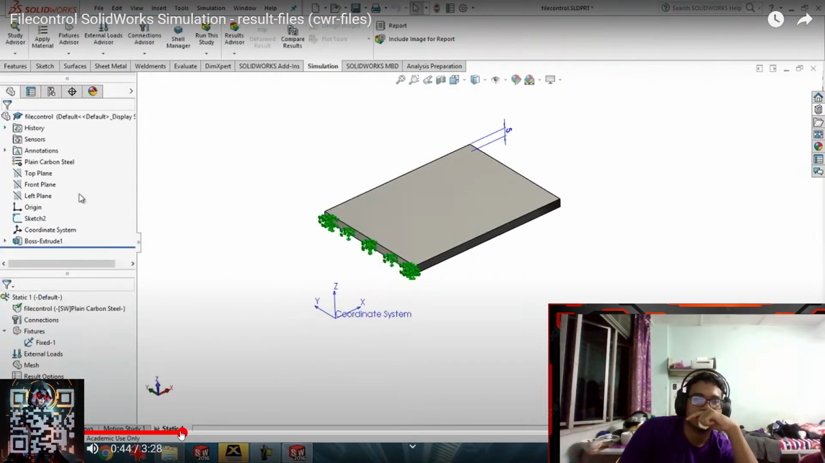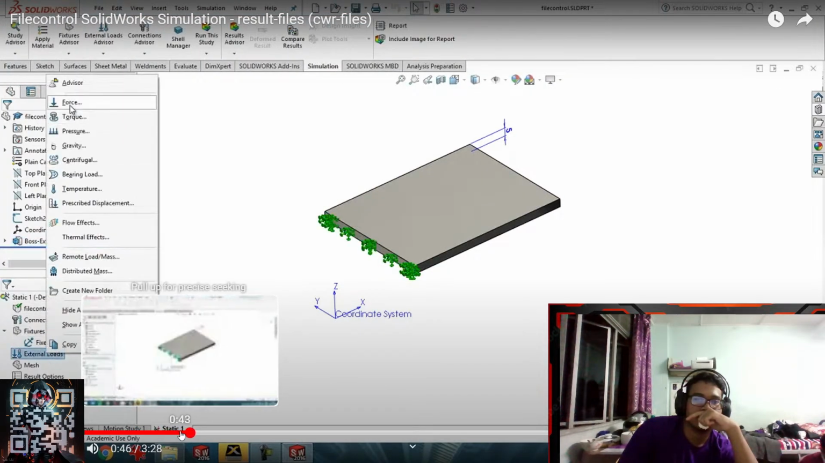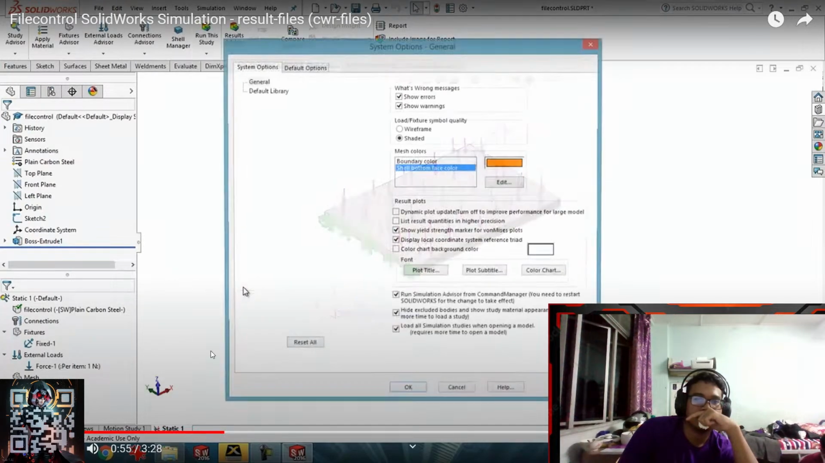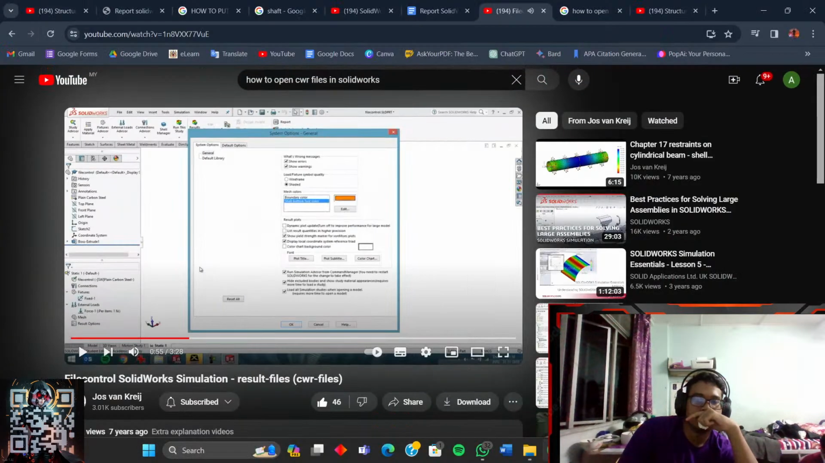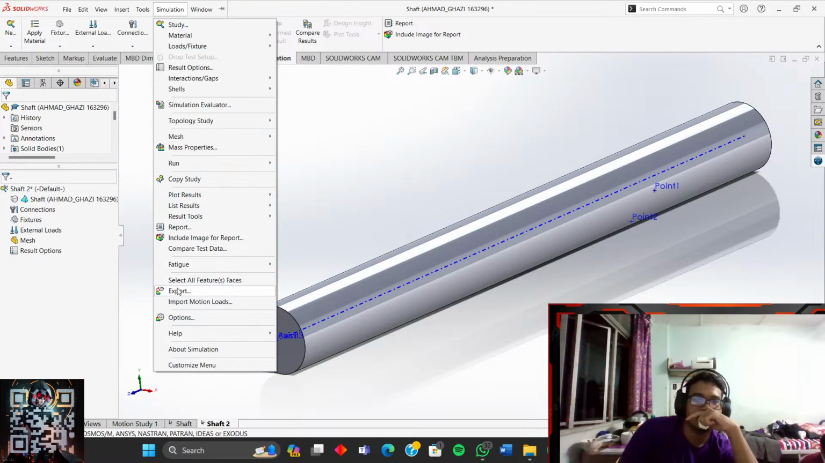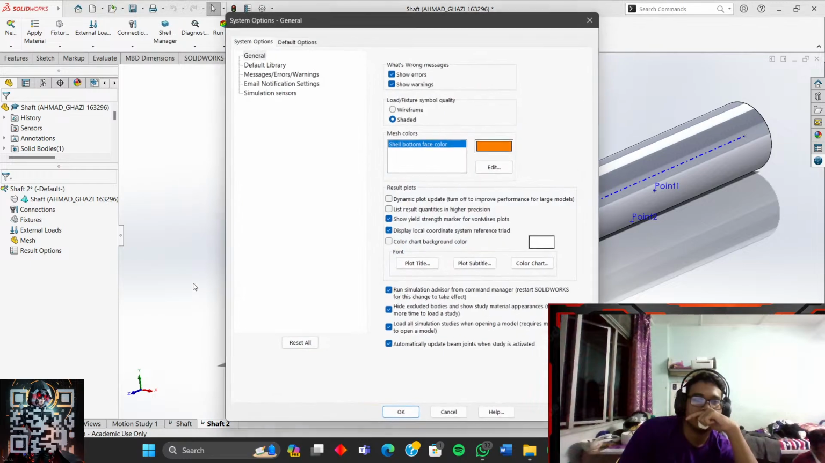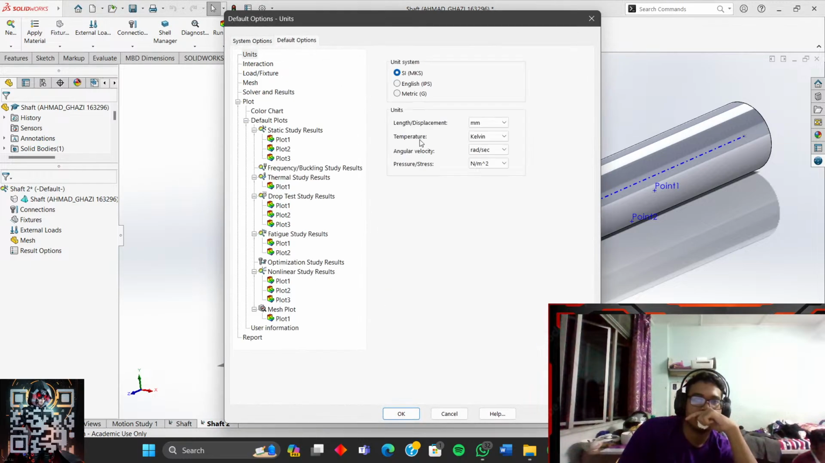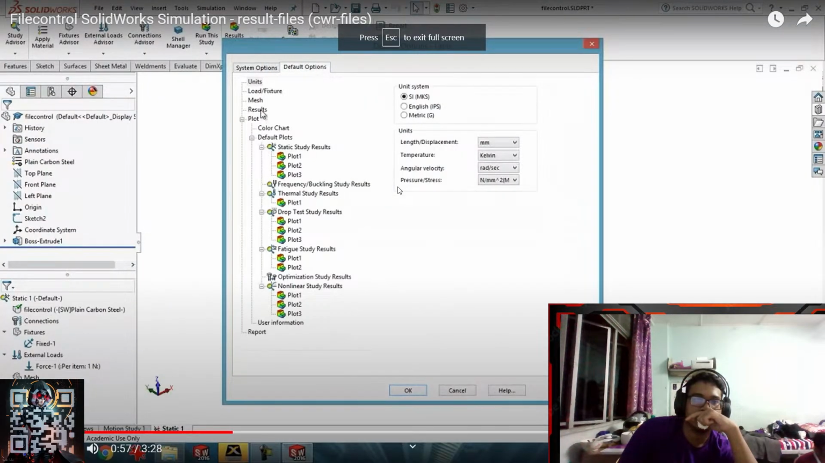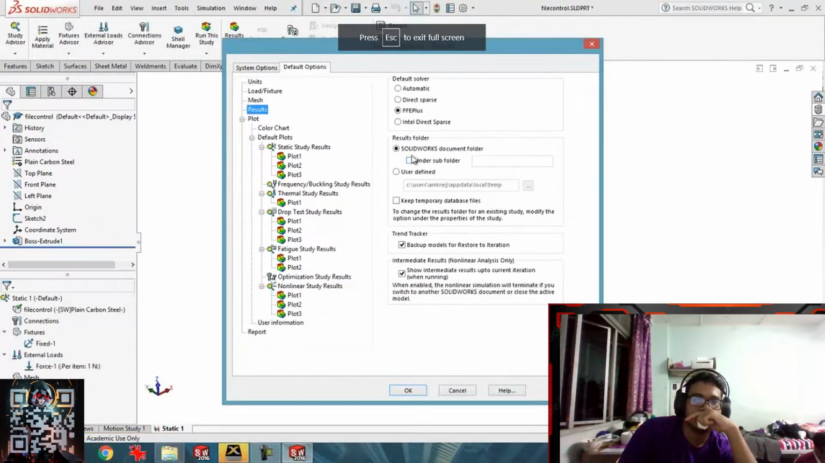Then, just because we're not looking at the results in this case, but at the file configuration, it stores its foundation options. Default options and then results. Here you see that SolidWorks now